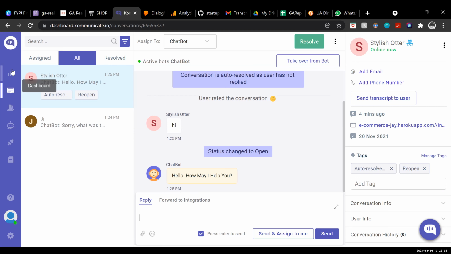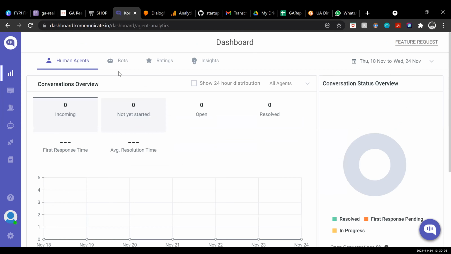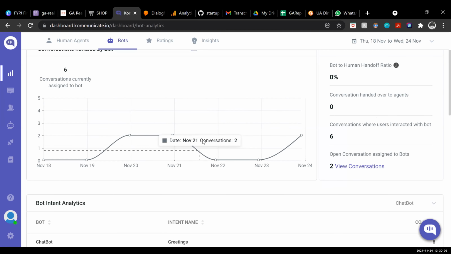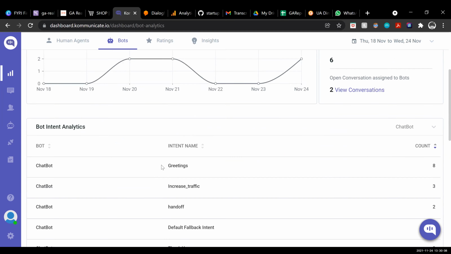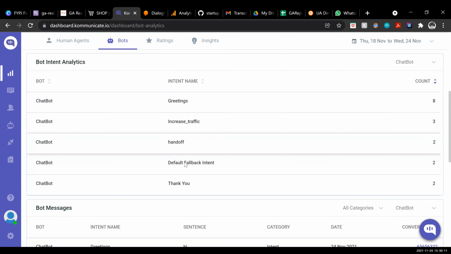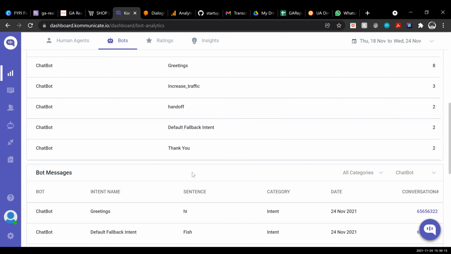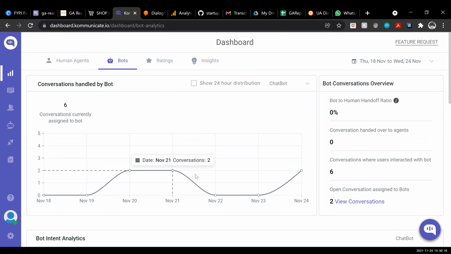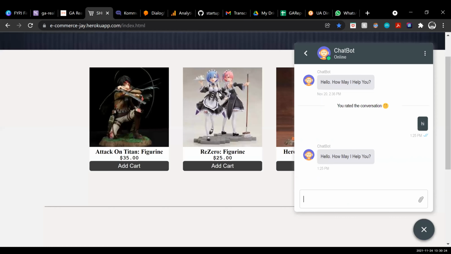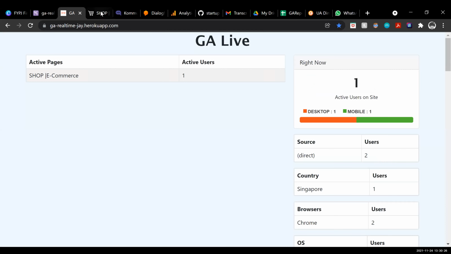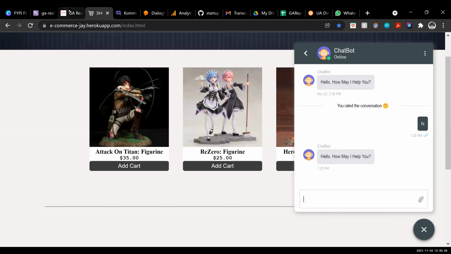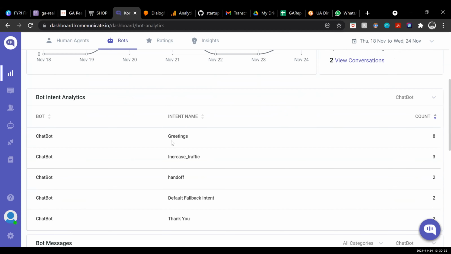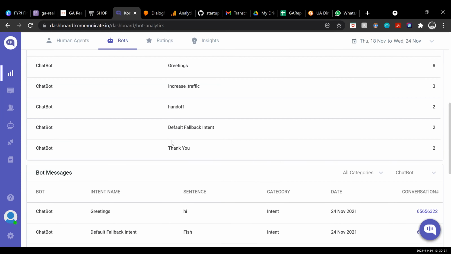Another feature of this is you can see the past data from the bot, like how many people talked to the bot over the past few days, and the most used intent by the users. Is there a free forever one? I don't know, I think you need to pay if not. Okay. This one can also do text mining. Yeah, the communicate.